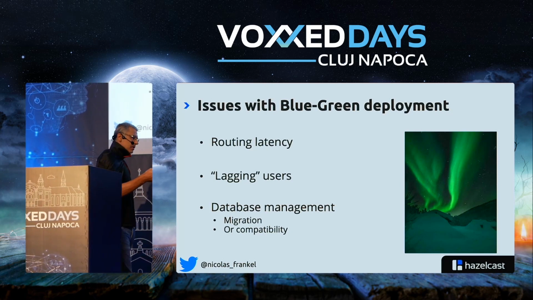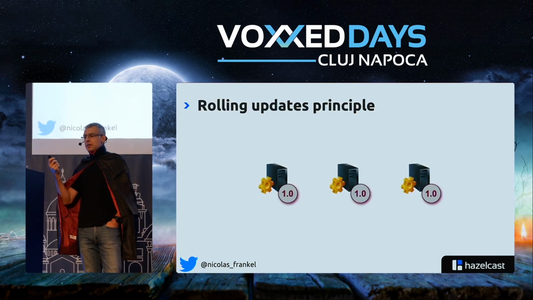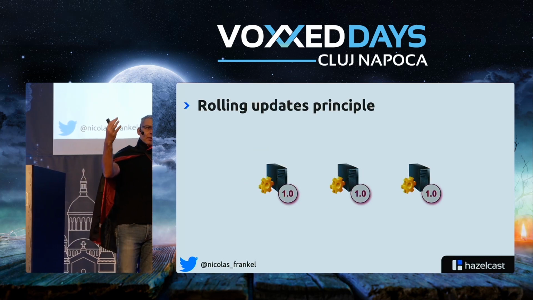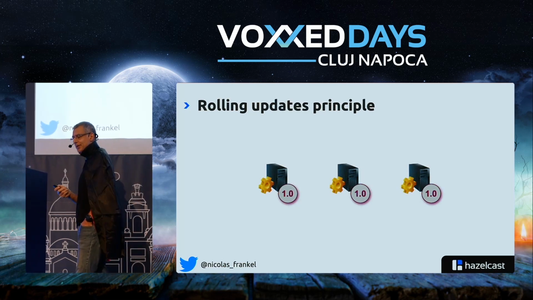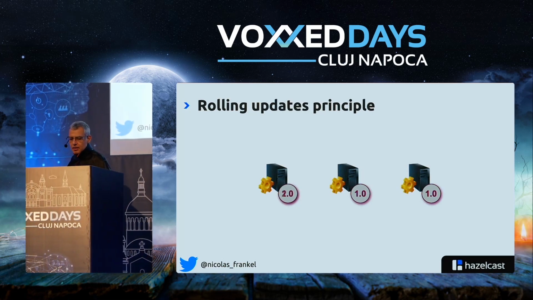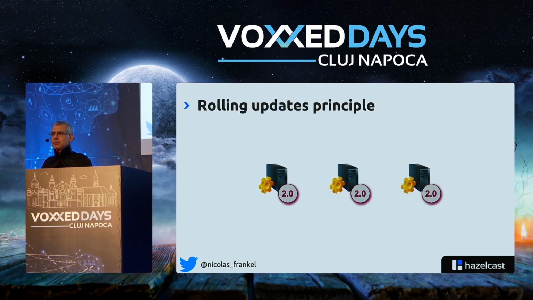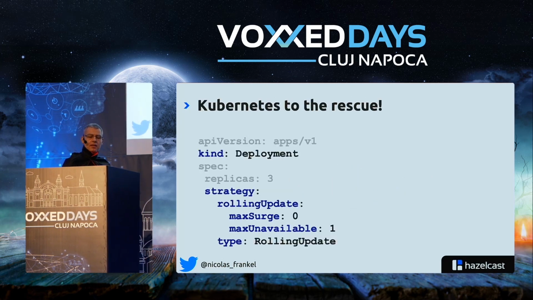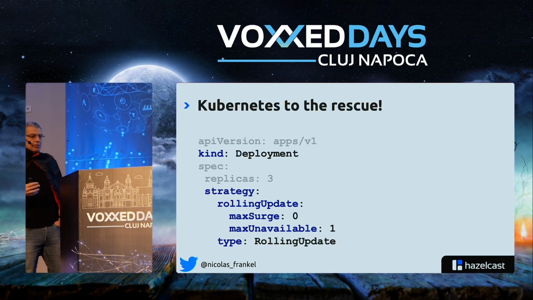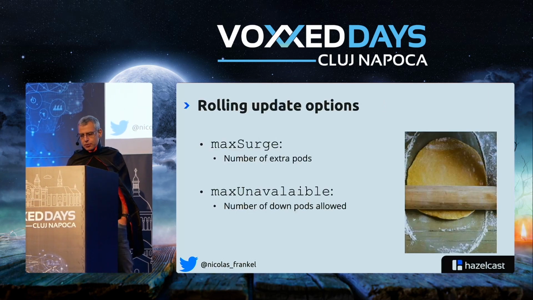And as I mentioned, Kubernetes is very hype right now. And with Kubernetes, you can have rolling updates. So you just have your 1.0 instance, and then in a rolling manner, you just update to 2.0. And there is something called a deployment. And in this deployment, you just set the strategy that you want to use. In general, it's a rolling update strategy. So you have two parameters. The first one is the max surge.